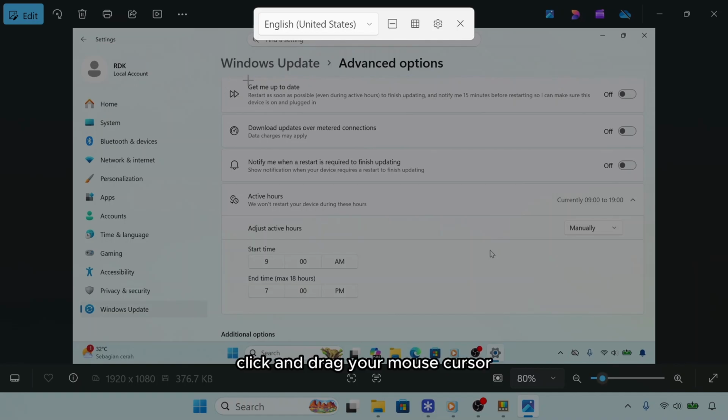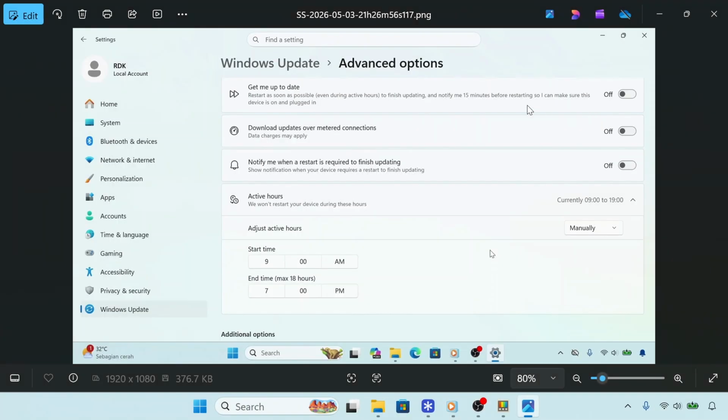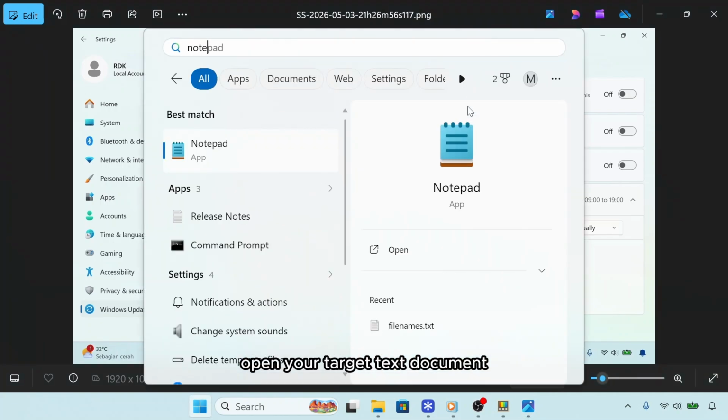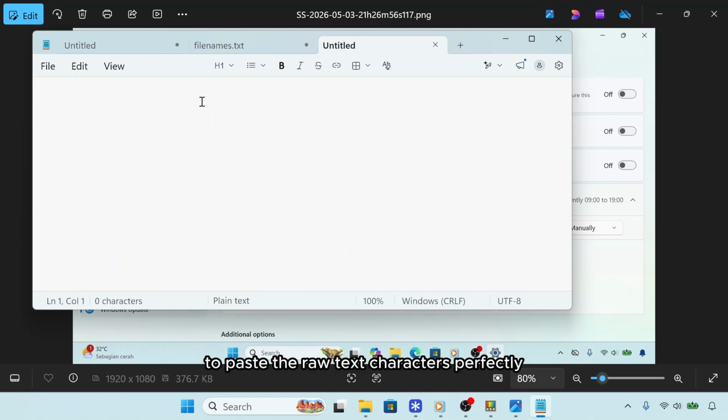Click and drag your mouse cursor to draw a selective boundary box around the target text block. Release your mouse click, and the background engine will automatically analyze the image area and copy the extracted text straight to your clipboard. Open your target text document, notepad, or code editor, and press Ctrl+V to paste the raw text